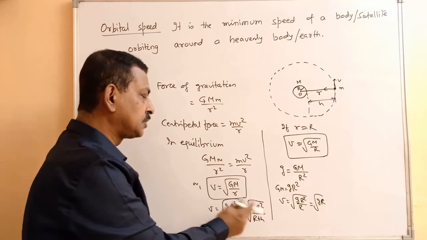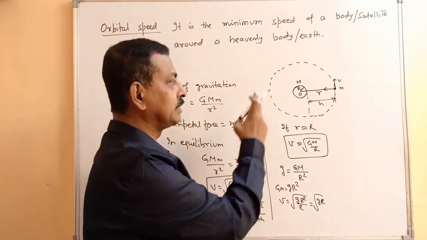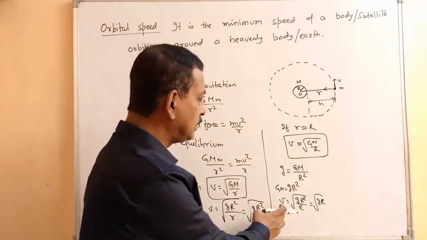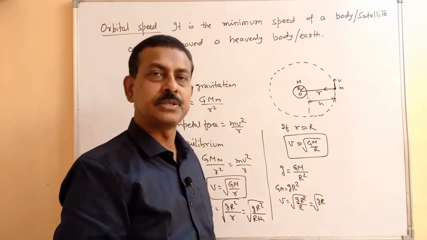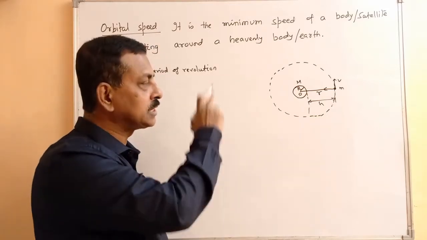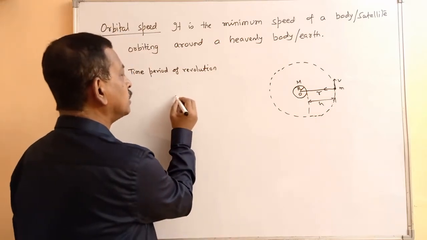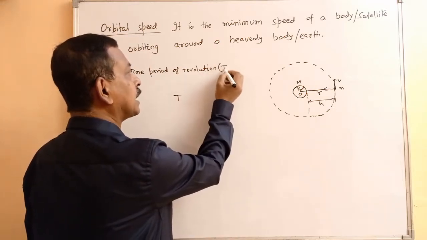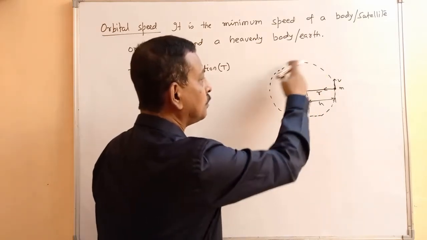And of course, this g is your acceleration due to gravity on the surface and r is the radius. So this is another form in which orbital speed can be expressed. Suppose we want to find the time period of revolution of such satellites or the body. So the time period of revolution, if I represent it by say capital T, this will be given by this